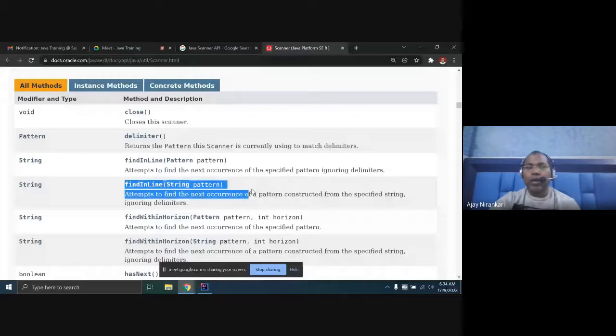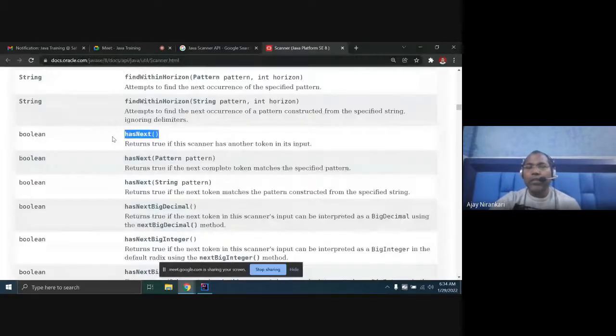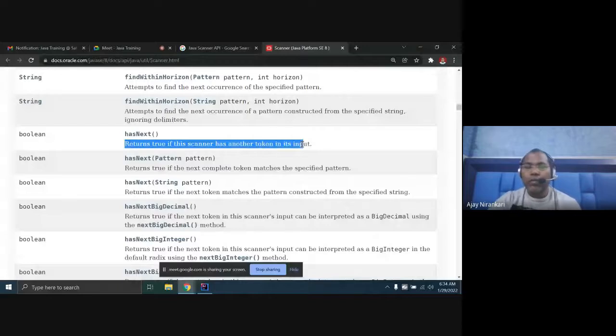This is the complete method list. Find next, find line, has next. Has next checks whether the scanner has some input; if it returns true, that means you have another token. You don't know how many next calls you need, so you can check with has next whether there is some token or not.